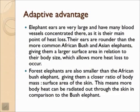Elephant ears are very large and have many blood vessels concentrated there, as it is their main point of heat loss. Their ears are rounder than the more common African bush and Asian elephants, giving them a larger surface area in relation to their body size, which allows more heat loss to occur. Forest elephants are also smaller than the African bush elephant, giving them a closer ratio of body mass to surface area of the skin. This means more body heat can be radiated out through the skin in comparison to the